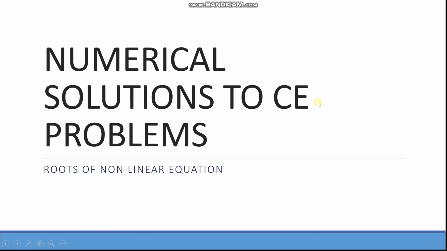We have already finished discussing the solution for the system of linear equations. So in the systems of linear equations, we have known that for a single equation, let's say 2x plus 3y is equal to 2, the solution of this equation are the values or the set of values of x and y which satisfies this condition.